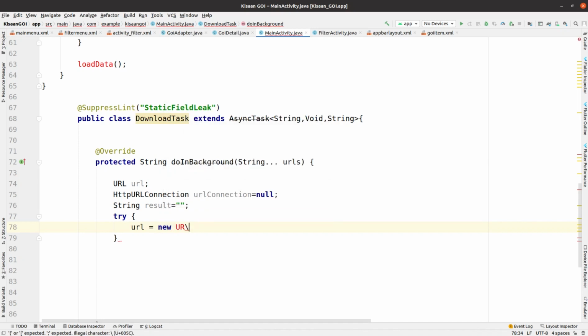So here I'm just assigning the URL to new URL, and within this, urls, which is an array, I'm taking the first